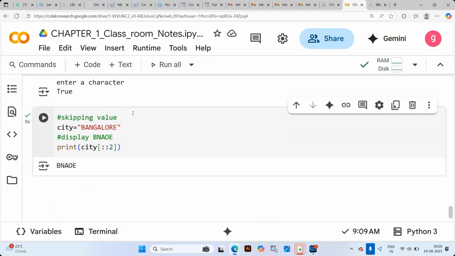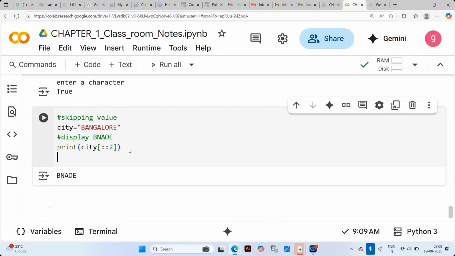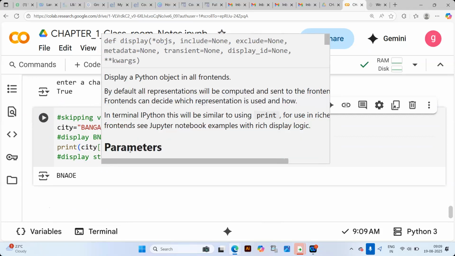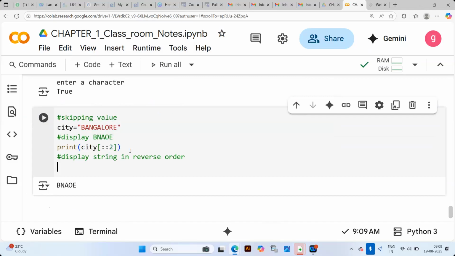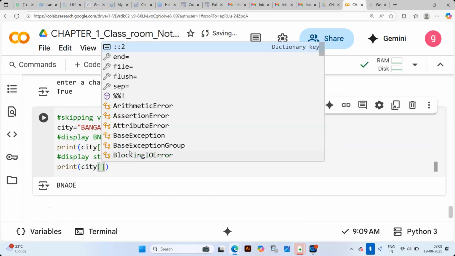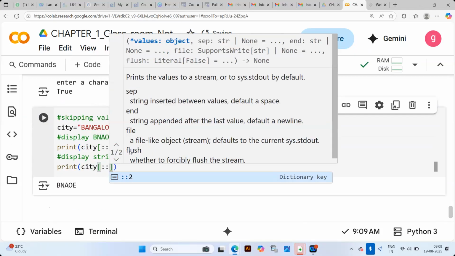So let's suppose I wanted to display the string in reverse order. How do you write the code? Print city colon colon -1.